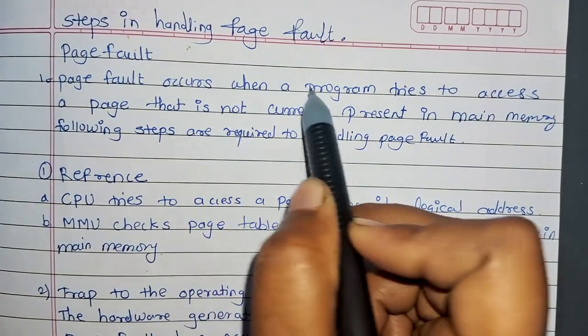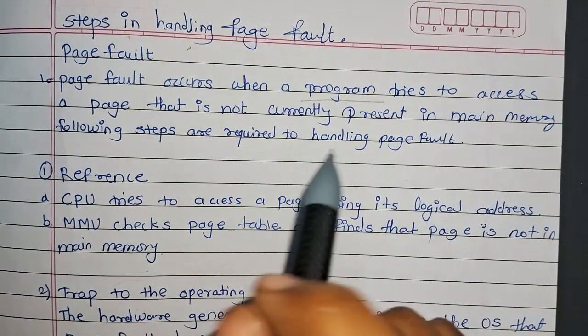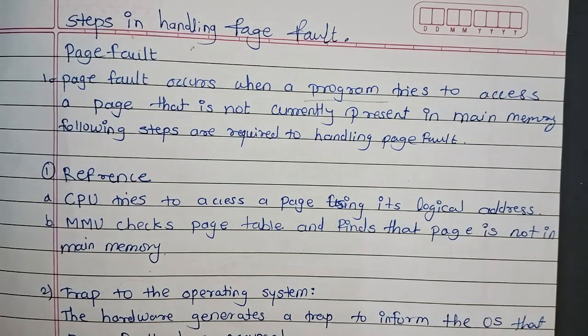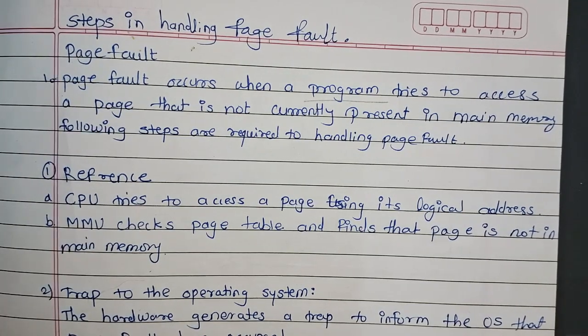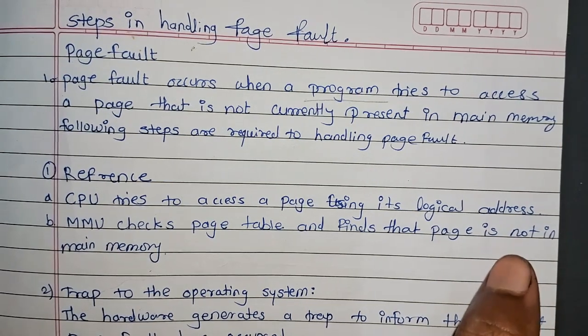तो पेज फॉल्ट क्या होता है और ये कब अकर होता है? ओके, it occurs when a program tries to access a page that is not currently present in main memory. Okay, and then पेज फॉल्ट occurs और इसके लिए 6 स्टेप्स है। ये 6 स्टेप्स एग्जाम में पूछे जाते हैं।